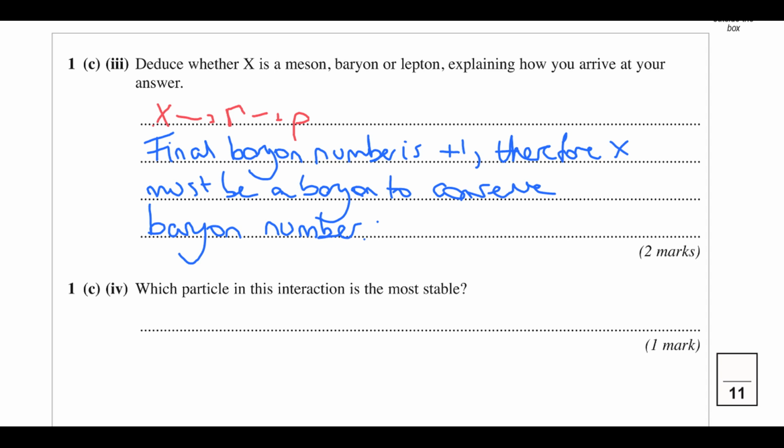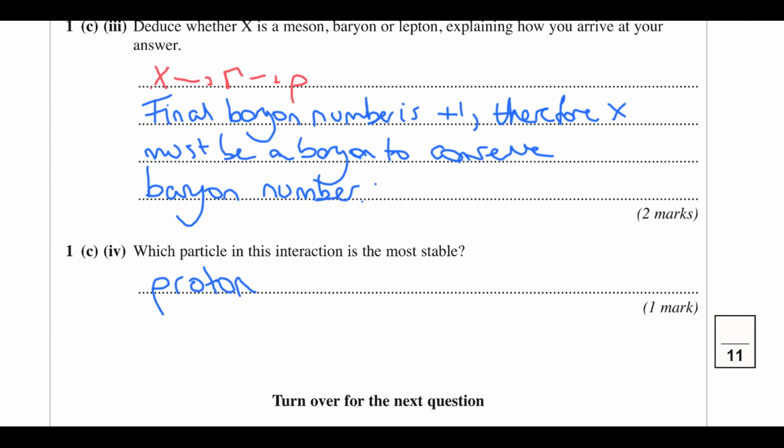Okay, so which particle in this interaction is the most stable? Well, we know it's not the thing on the left, otherwise it wouldn't be decaying. So we're comparing a proton and a pi minus, and a proton is the most stable type of hadron, so we're going to go with a proton being the most stable, because all baryons try and decay into a proton, so you know it's really stable, and pi, like mesons, a quark and antiquark, is not a stable state. Alright, so that concludes particle physics. Let's move on to the next question.